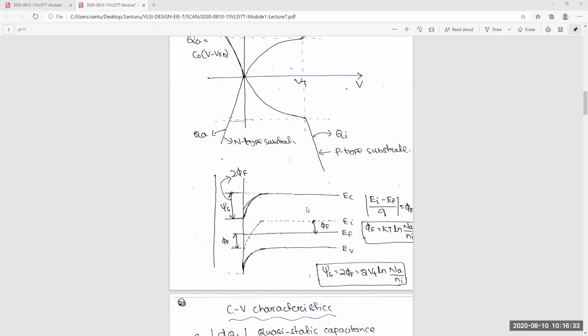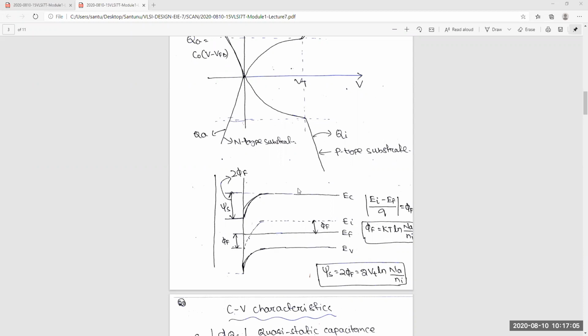Okay, so this part is your NI. Okay, and this part is your NA, this part NA, and it's 2 times this part and this part. So this is moved from here to here. So that's why you generally use in the formula phi s is equal to 2 phi f. Okay. So got the point how you are calculating phi s is equal to 2 phi f in band diagram.